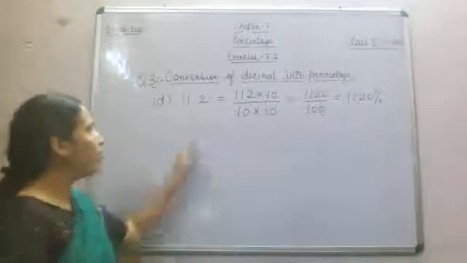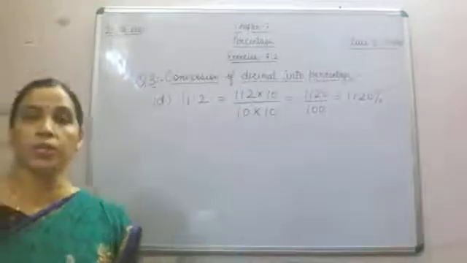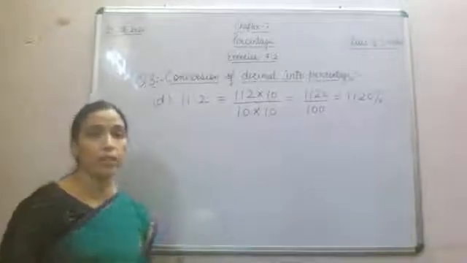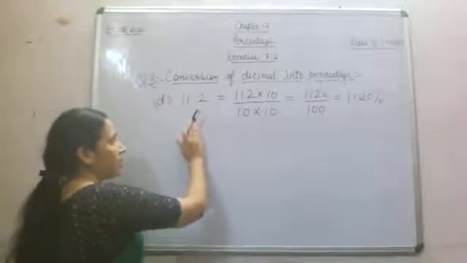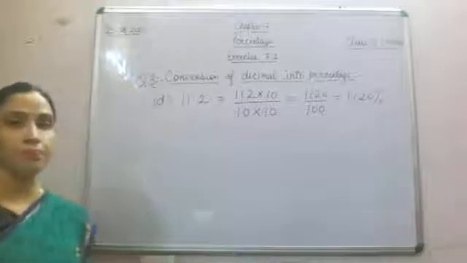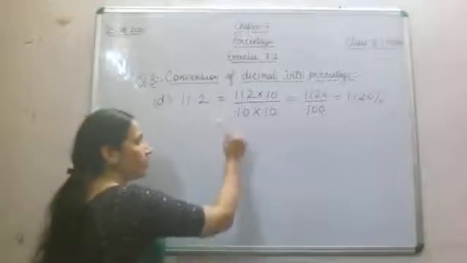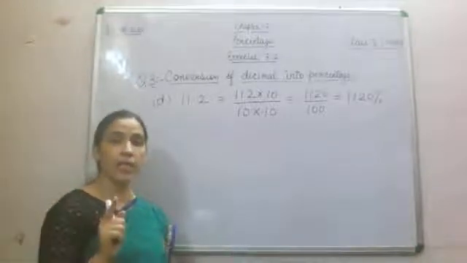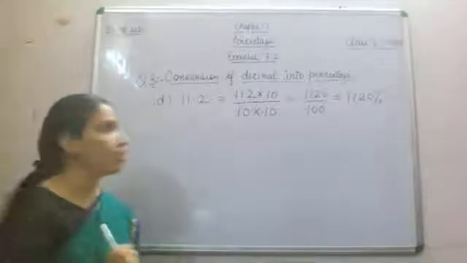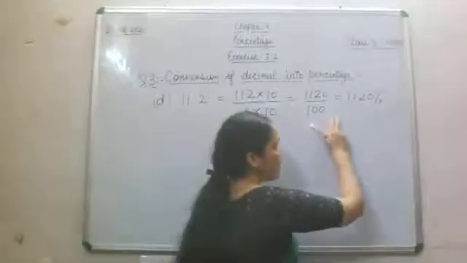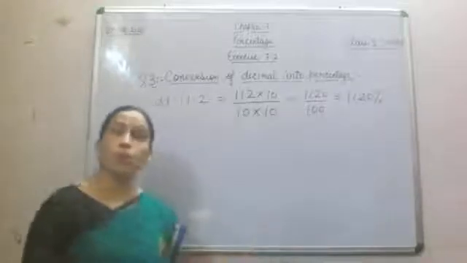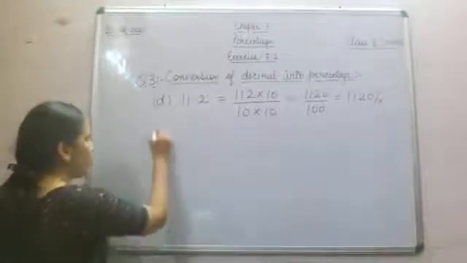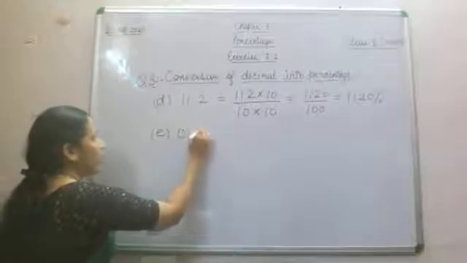1120%. Fine. So what is given to you? D part, 11.2 is given to you. Now what we will do, we will remove the decimal point and put as many zeros as we have decimal places. So now what we will do? Yes. Now 10 will be multiplied in the numerator as well as in the denominator, because as I told you, you require 100 in the denominator. So what will it become? 1120 divided by 100, that will become 1120%.